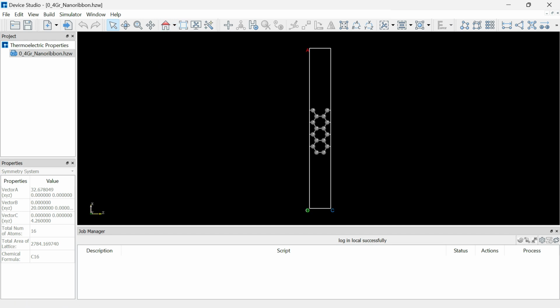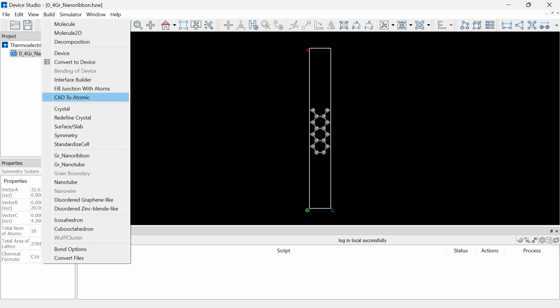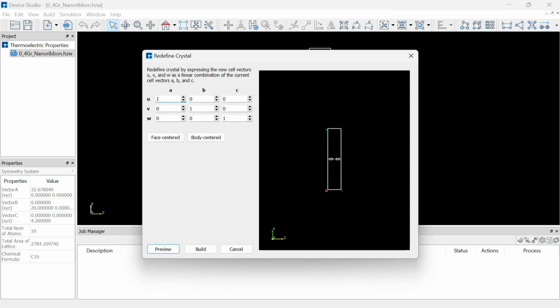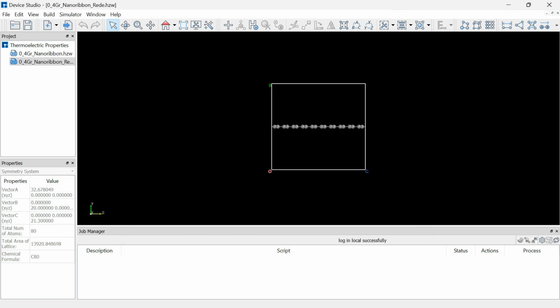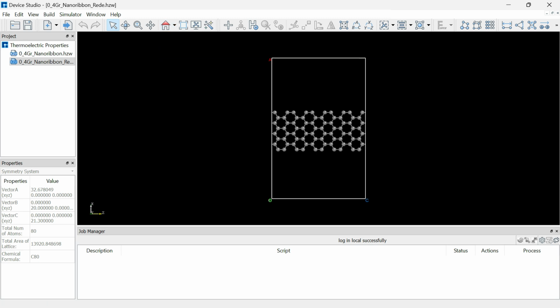Okay. Now we have to expand this structure. So go to the build option and click redefine, and I will select this value 5 and click preview and click build. Now this is our structure for which we have to perform the calculations for thermoelectric properties. So now the next thing is we have to create the